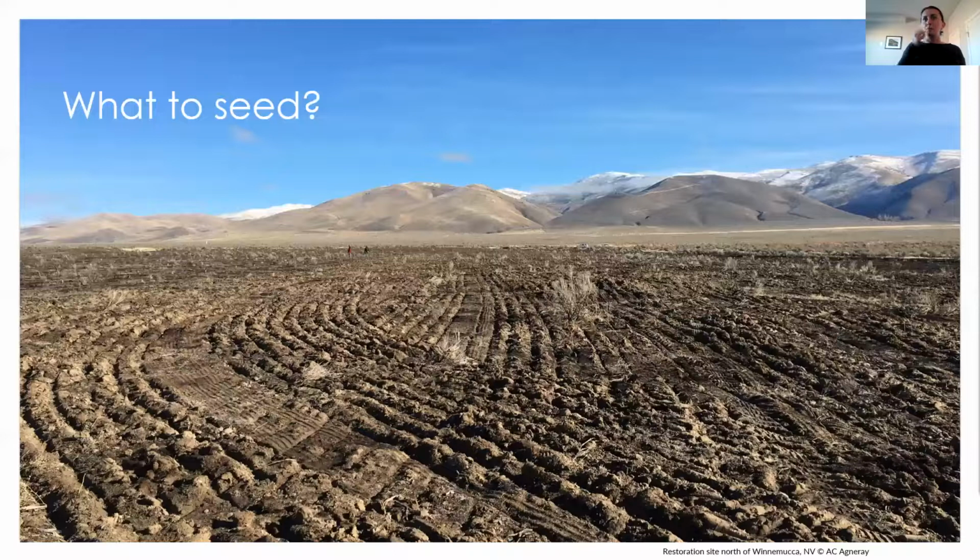Now, if you've ever driven through the Great Basin Desert, this is an increasingly familiar sight along the side of the road. This is one location that was once native sagebrush steppe that was burned in a large wildfire, and now it is being prepared for a massive drill seeding project. And land managers now need to decide, okay, what are we going to seed here that balances the needs of